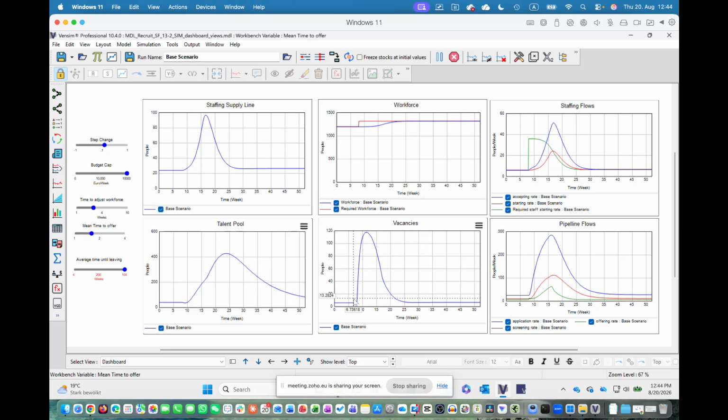So first of all, as the new requirement comes in at week 8, our vacancies shoot up. So we need to have about 120 vacancies. These are positions to be filled, so they need to be managed as requisitions for the organization, or jobs to be opened, etc. And that triggers the recruitment marketing process, the screening process, application process, and so on. So that shoots up, and over time we are working through this backlog and bring this down back to 0